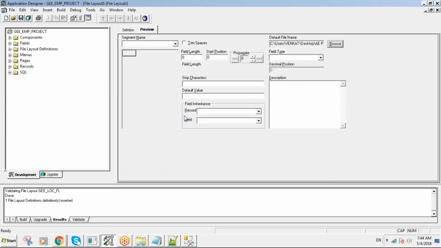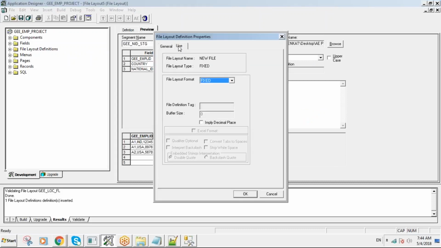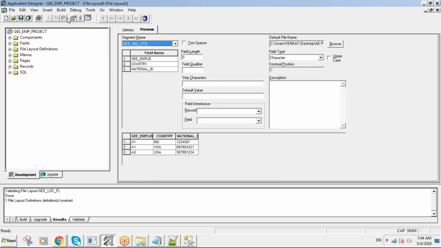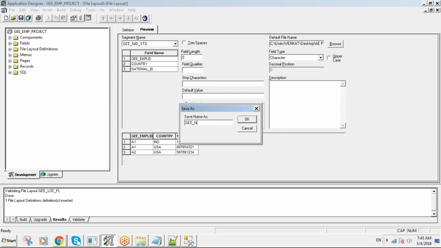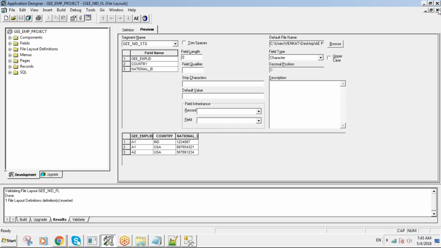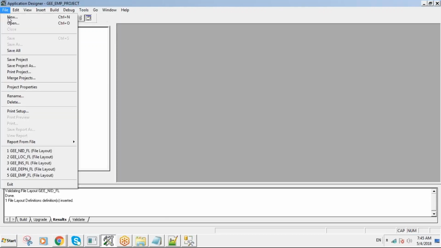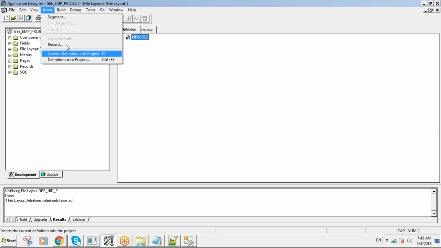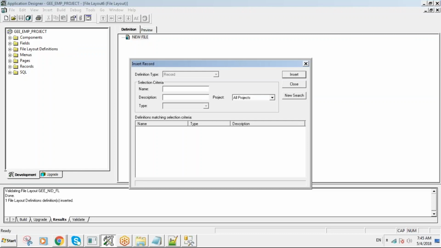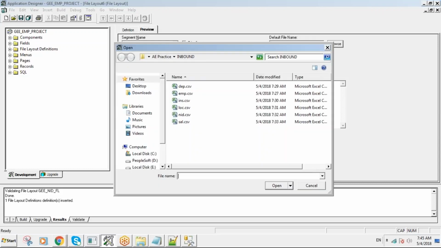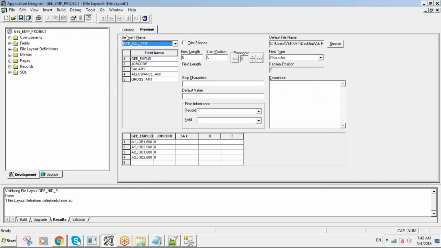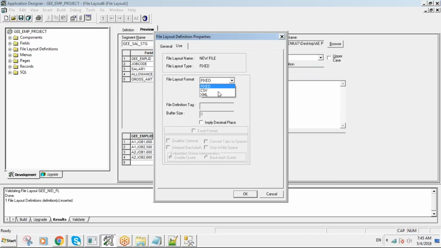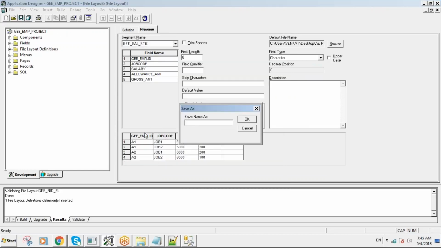Choose the file format of NID here. Next, and last and final one, salary. Salary. Next,